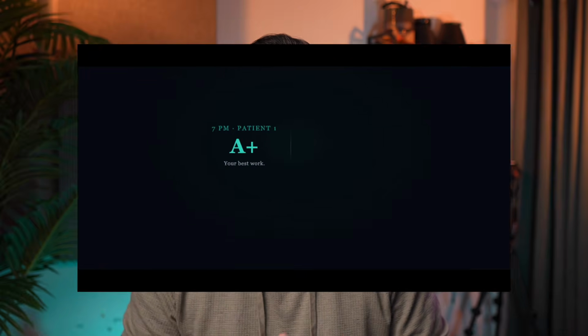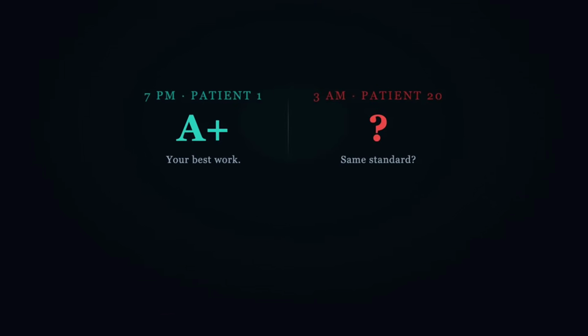Your HPI is the first thing your colleagues read. It's what consultants see before they call you back. Your patients can read it in their portal, and if something goes wrong, it's what a lawyer reads out loud in a deposition. So let me ask you, does your HPI look the same on patient 20 as it did